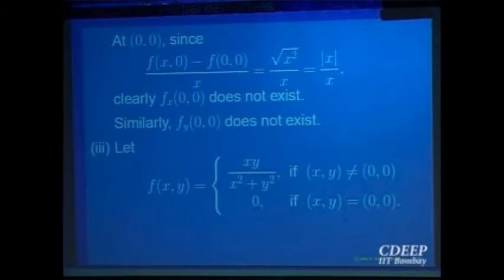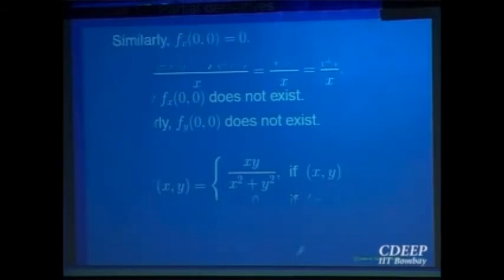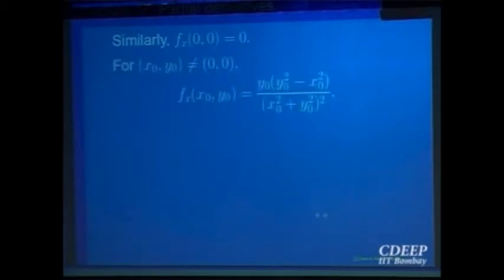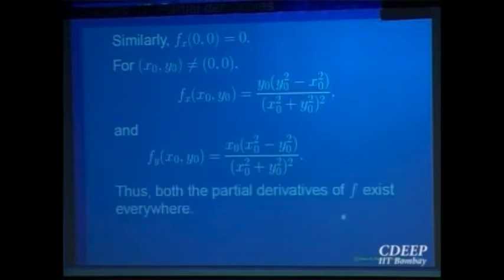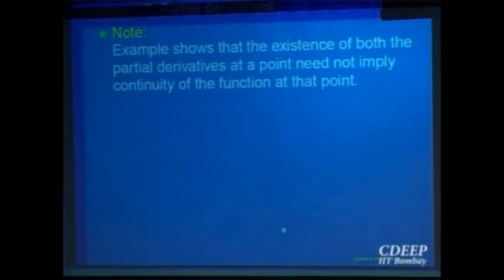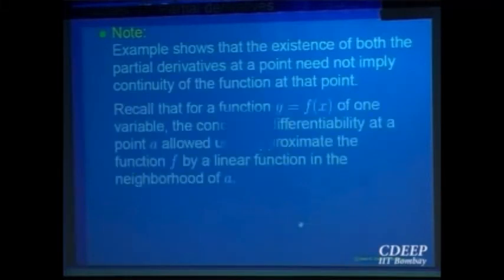So there is some kind of smoothness, but it is smoothness along the x-axis or along the y-axis. In that direction the graph is smooth, but it doesn't say the function is even continuous at that point. So this example illustrates this point, that partial derivatives may exist at all points including 0, 0, but the function may not be continuous. Right? So this is what it says.